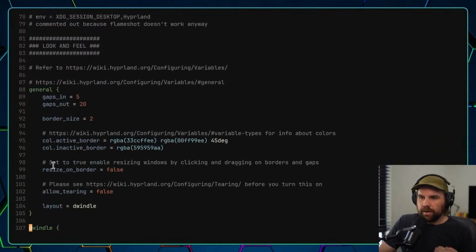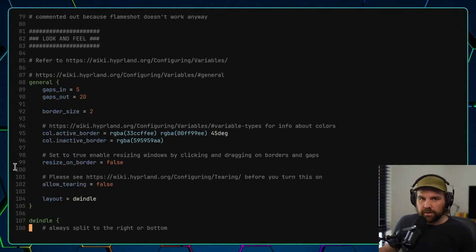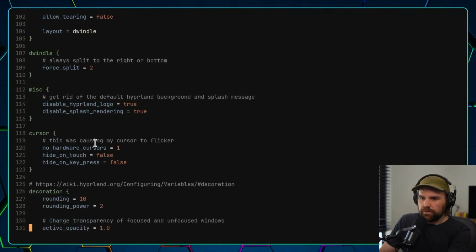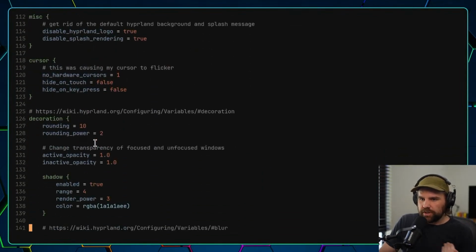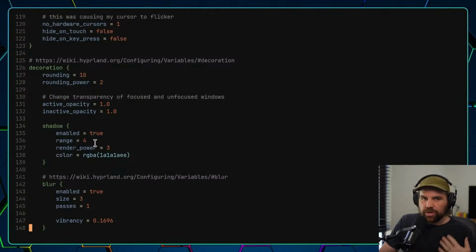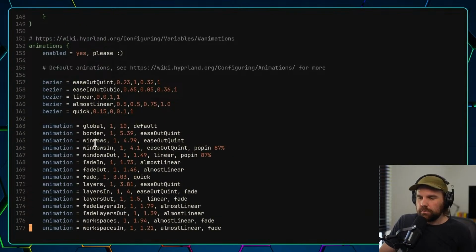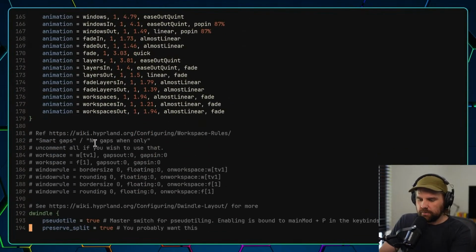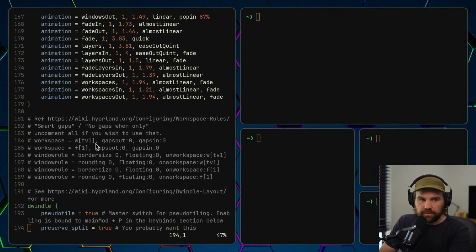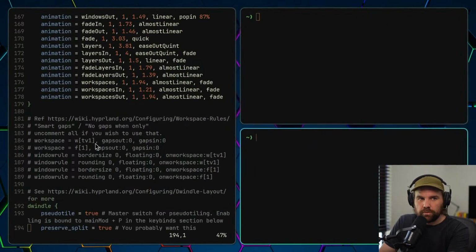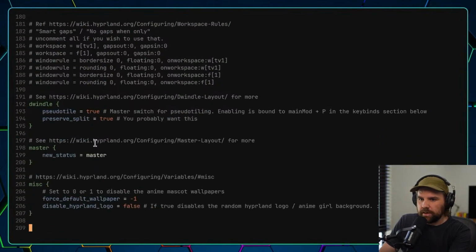Everything from my monitor setup to these border colors here is all configured in this file. You can change the cursor, the decoration, the shadowing, the shadows and blurs of windows. You can mess with the animations of the whole thing. If I was to open up a million windows like that, this little animation that happens is all configurable in Hyprland.